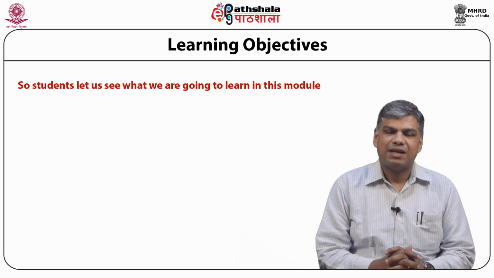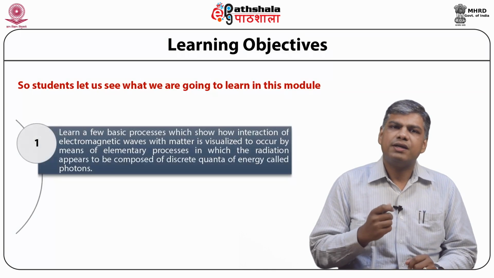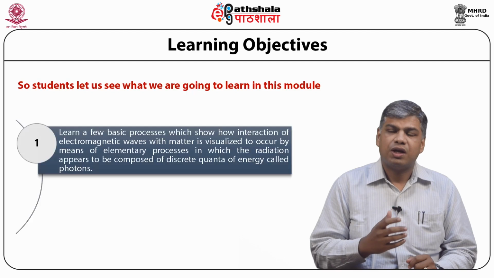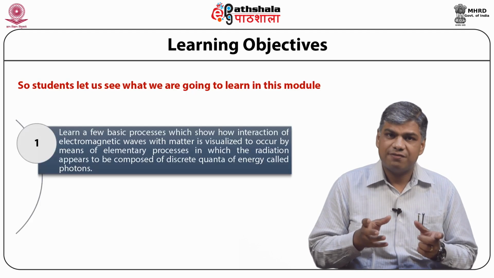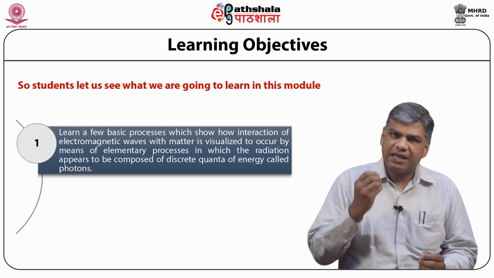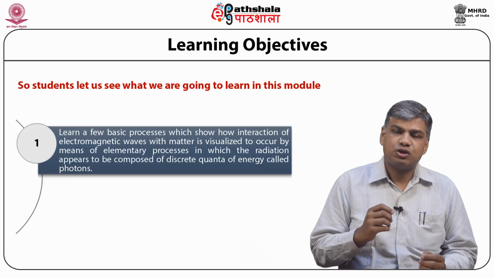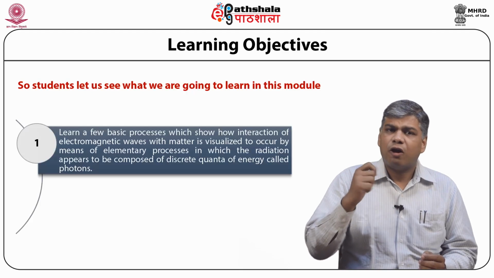Today we are going to discuss a module, some earlier attempts towards quantum mechanical concepts 1, under the paper Quantum Mechanics 1. So students, let us see what we are going to learn in this module. Firstly, we learn a few basic processes which show how interaction of the electromagnetic waves with matter can be visualized to occur by means of elementary processes in which the radiation appears to be composed of discrete quanta of energy